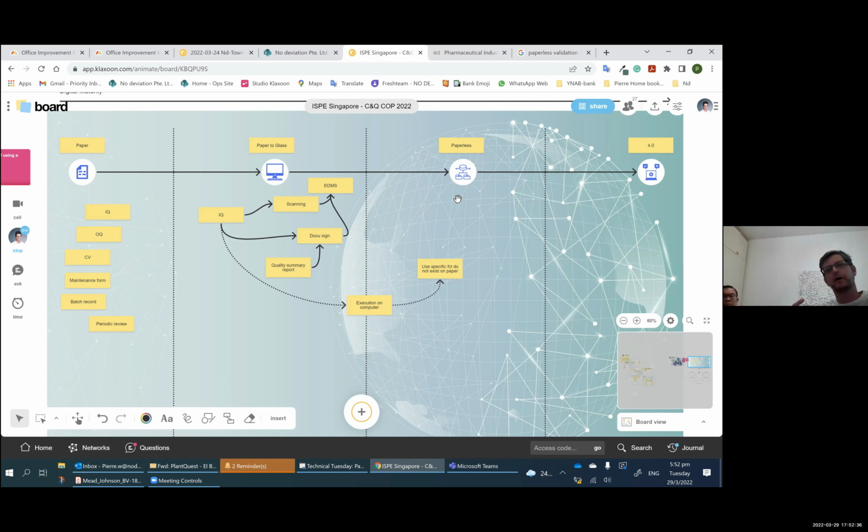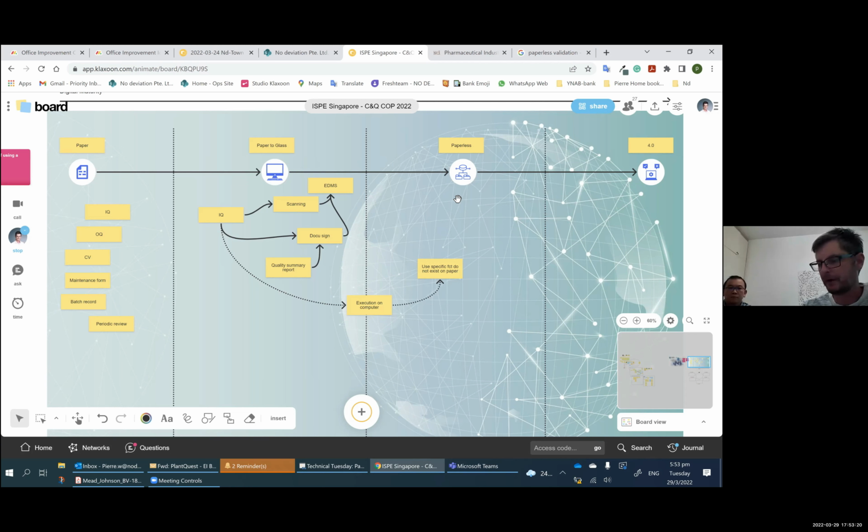And then we can think about what's beyond the paperless. And I think this is, for me, the dream solution, where all the software we are using today, whether it's TrackWise, whether it's MES software or electronic batch record, or whether it's a need file genesis and things like that, are still very much still in the paperless. And my vision of the 4.0 and things that are discussed is you don't even do protocol, right? You don't do process validation anymore, right? You review things only by exception.